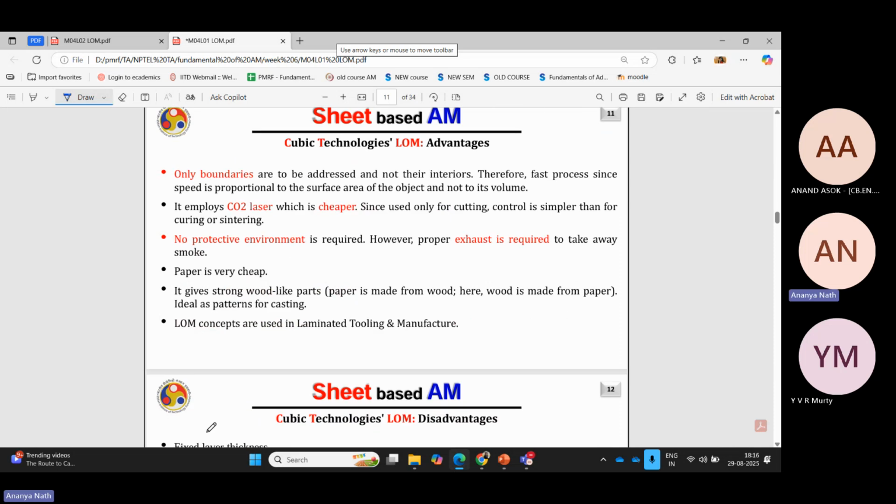Advantages: only boundaries are to be addressed, not their interiors. Therefore, it is a fast process, since speed is proportional to the surface area of the object, not its volume. So here the only problem is